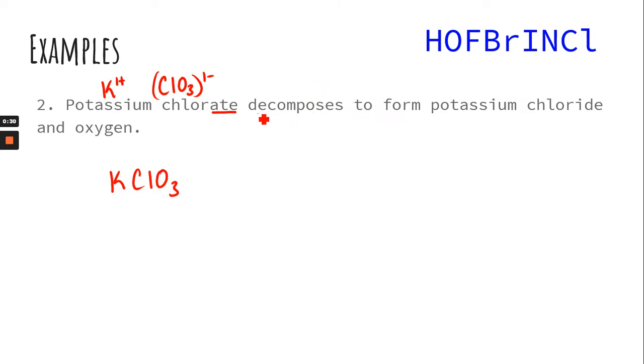Decomposes to forms. So all of that right there is that arrow because it's turning it in. The potassium chlorate is turning into two other products. So there's my arrow. And then we have potassium chloride. So potassium in group 1 plus 1. Chloride, IDE tells me now it's the element, not a polyatomic. So this would be Cl minus 1. So we have KCl